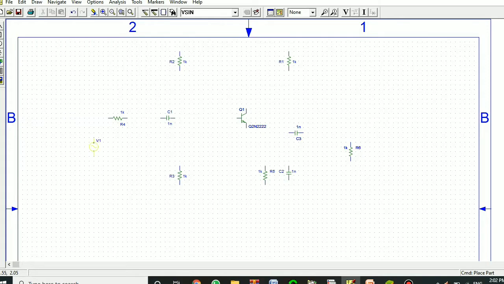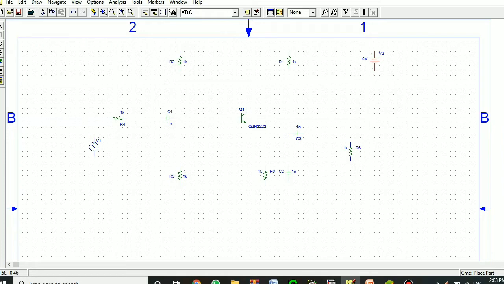Input voltage, VDC, now we have placed all the components on the workspace.